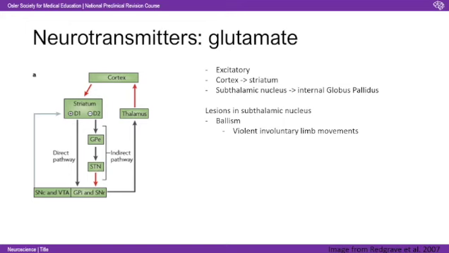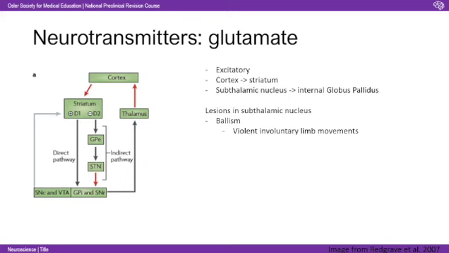And the major glutaminergic projections, bizarrely shown in red on this diagram, are from the cortex to the striatum, and then also from the subthalamic nucleus to the internal globus pallidus. And as you might be able to decipher, if you get a lesion in the STN, the subthalamic nucleus, you can end up with ballism, which is when you have these very violent involuntary limb movements. And you can see here, effectively what you're getting is this aberrant release of motor pathways, causing these limb movements